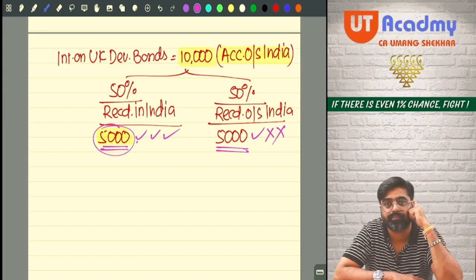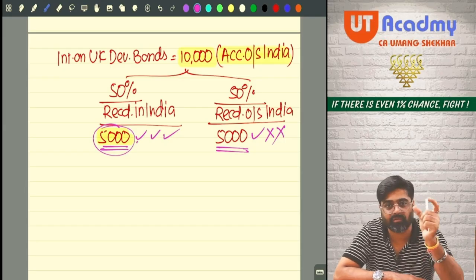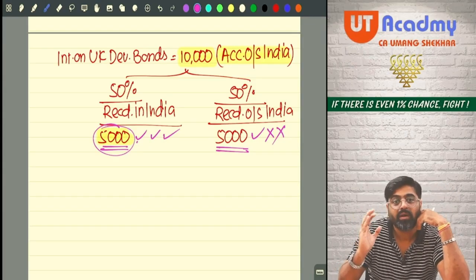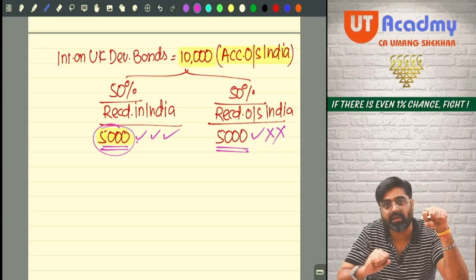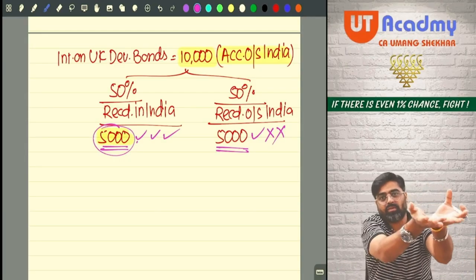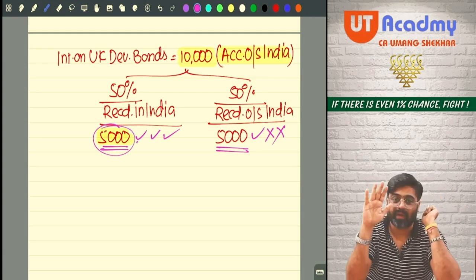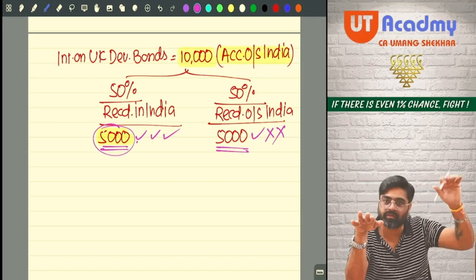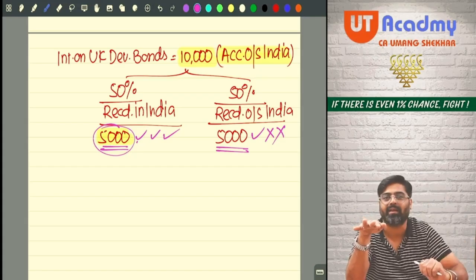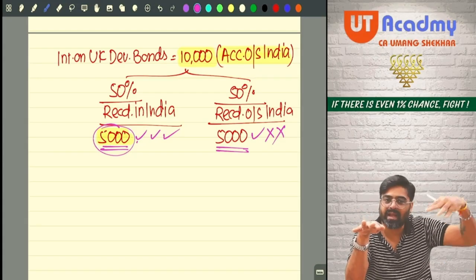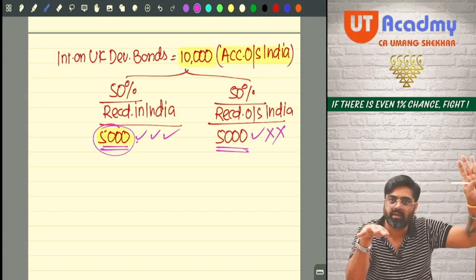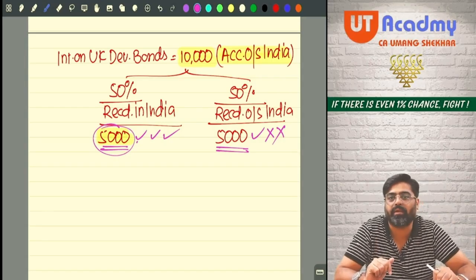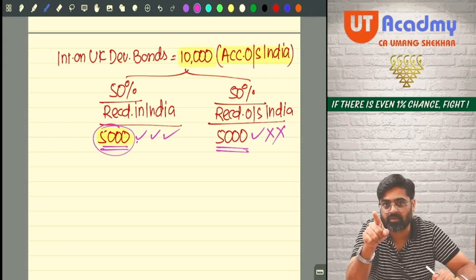Please check the solution. Is it given as 10,000, 5,000, 5,000? How is that 10,000, 5,000, 5,000? 5,000 received in India, 5,000 received outside India. If my status is ROR, the entire 10,000 is taxable. The 5,000 received in India will be taxable for me if my status is RNOR, not the 5,000 which I am receiving outside India. That holds for both RNOR and NR. So for RNOR and NR, the 5,000 received outside India is kept outside, and only the 5,000 received in India is included in the computation of total income. Getting my point? Keep on checking the answers.